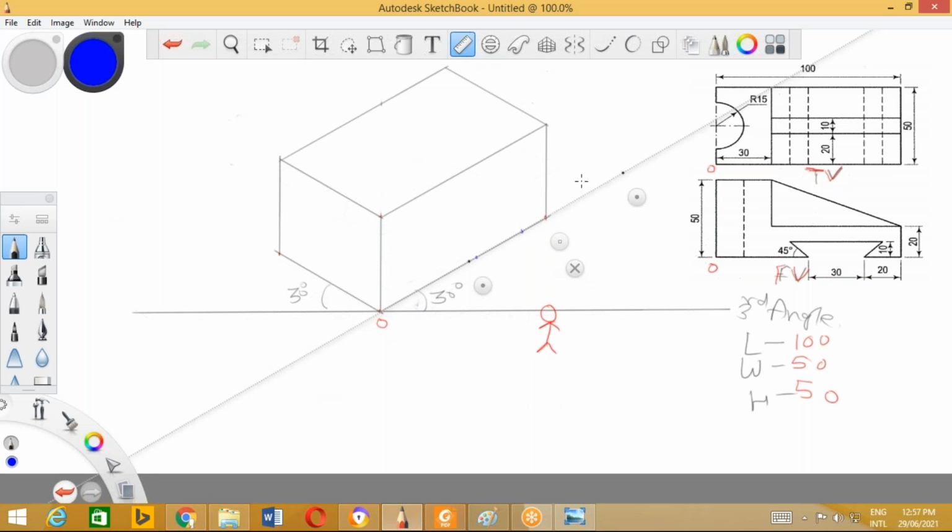Again, you have to use the scale and measure the distance 20 millimeter from the back side. At the same time, the 10 millimeter is to be marked. Please mark this distance properly, match this line and mark the distance 20 millimeter. The total distance is 50 millimeter. So approximately I'm marking over here.